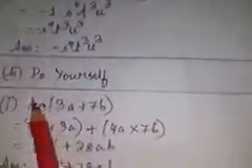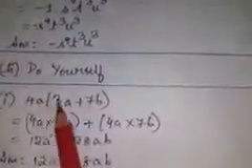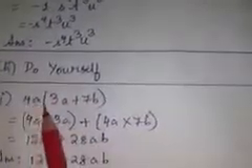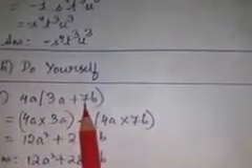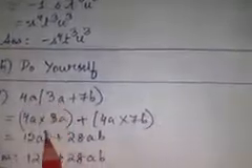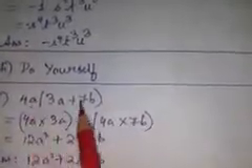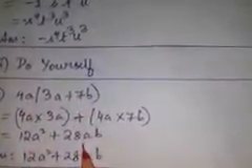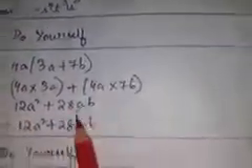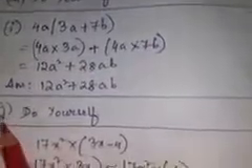Now come to part I. This is also simple multiplication, where this 4a has to be first multiplied with 3a, and this 4a again has to be multiplied with this 7b. So 4a into 3a means 12a square, and 4a into 7b means 28ab. So this is your final answer. In the same way you are going to do part J.